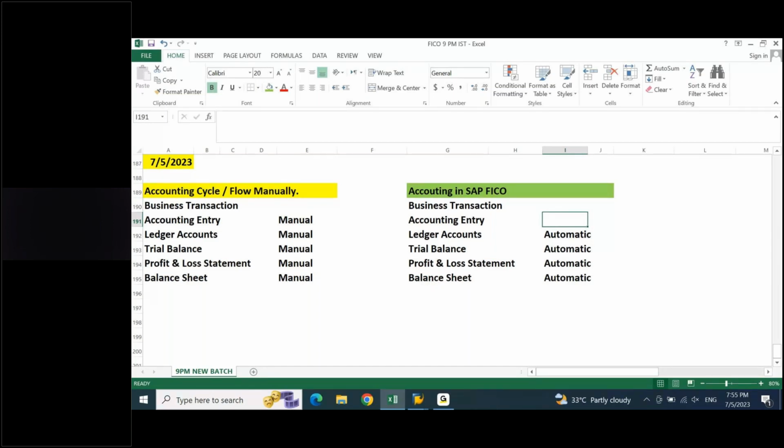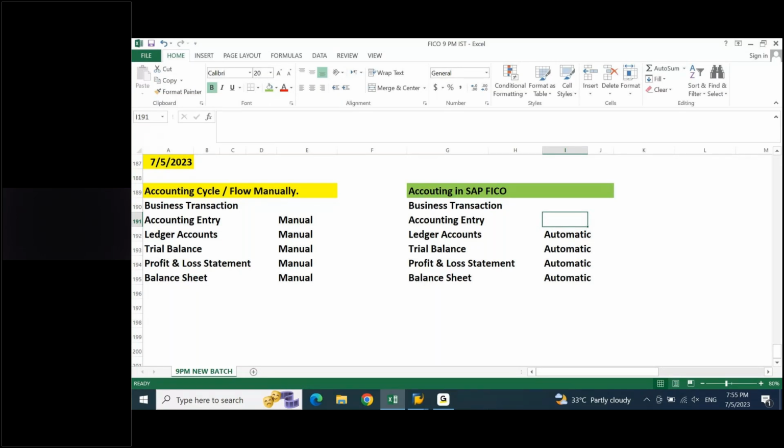Let's say I am posting an entry now. Can I post an entry on any day? No, sir. It should be on the current date. Point number one, it should be on the current date. Point number two, it has to be in the current month. Within the current month, you can use any date for certain transactions. For certain transactions, you have to strictly use the current day.